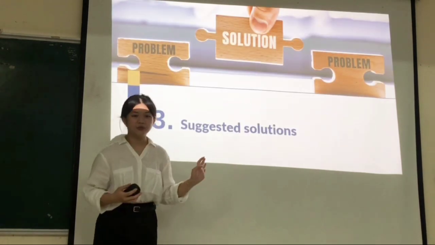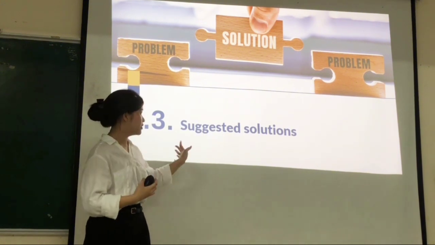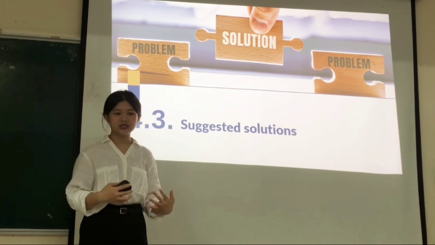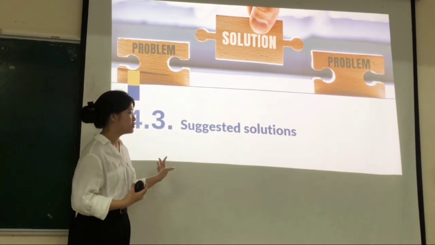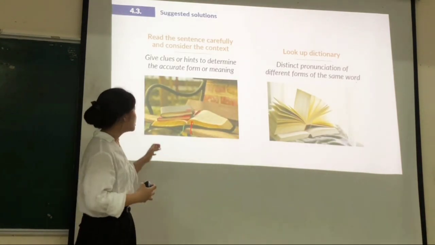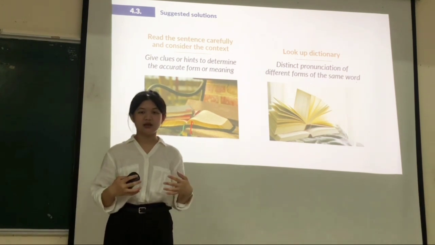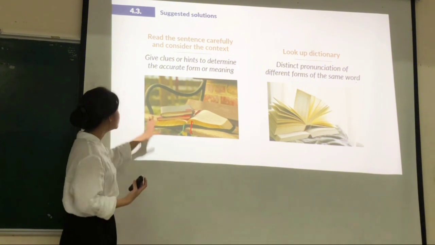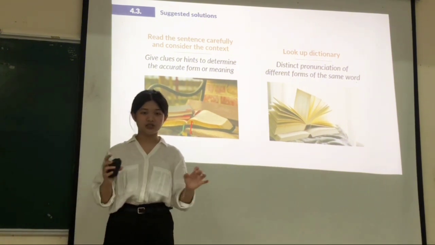So, English majors have encountered several problems related to homonymies, and it is a really challenging process to avoid or prevent these phenomena. So, here are some of our feasible solutions to address this problem. So first, to determine the right meaning of the word, we need to read the sentence carefully and consider the whole context in which the word